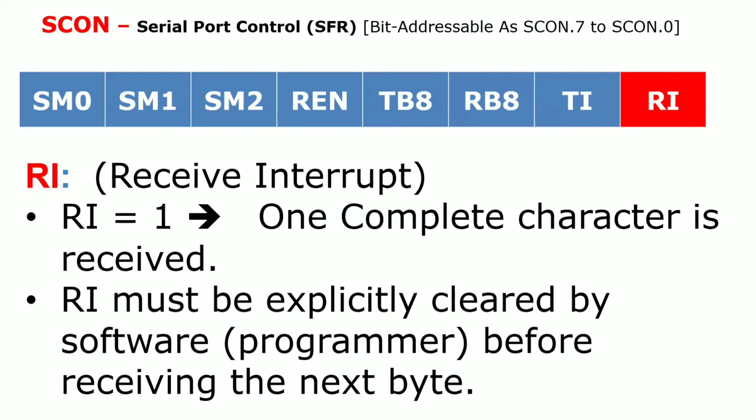The first one is the receiver interrupt flag, RI. RI indicates receiver interrupt. When you get the receive interrupt, the receiver SBUF tells the processor upon successful reception of 1 byte of data. Once the data is received by the SBUF, it will interrupt the processor with the help of this flag, RI equals 1. If the data is not received, it won't generate any interrupt. And RI must be explicitly cleared by the programmer.